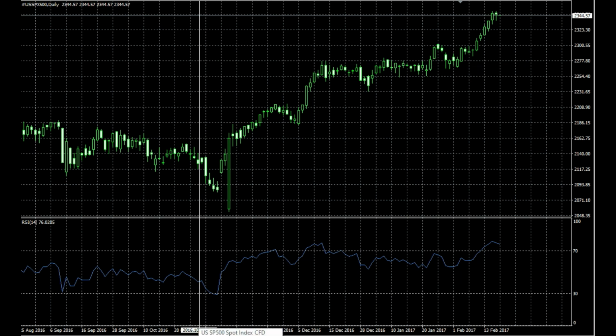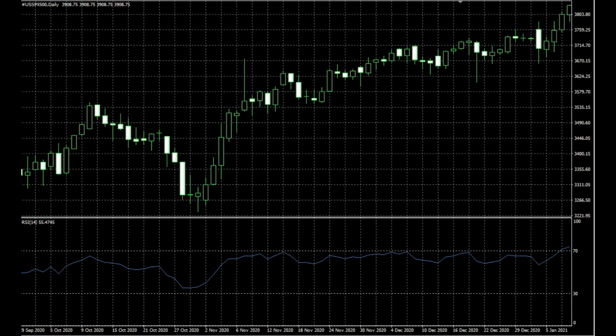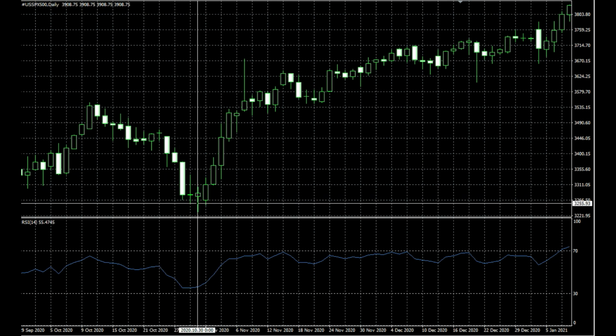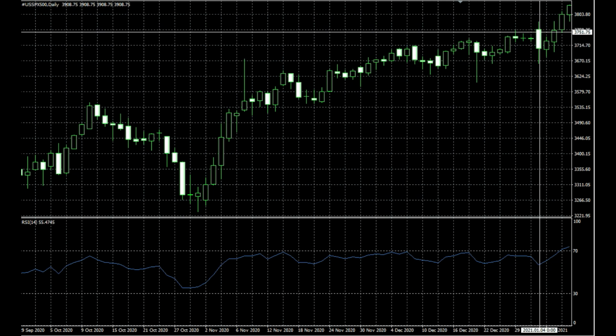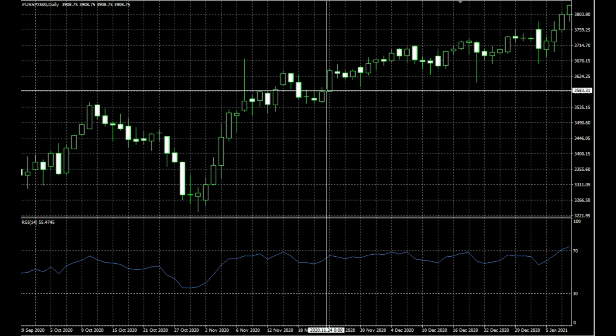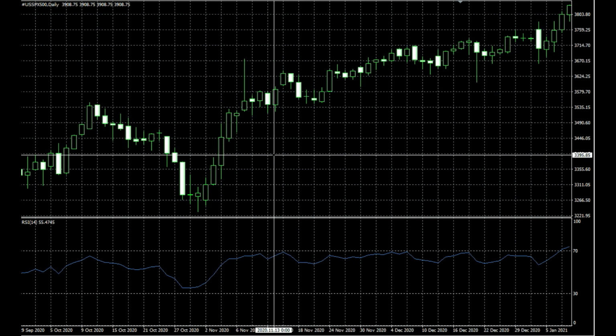I tested 20 years in the past, and every single time I can see that the last 6 weeks of the year were a really strong bullish trend after the election. Now we can watch 2020 again, and as you can see here, at the beginning of November we started with a bullish trend, and we had continuation for several months after that.